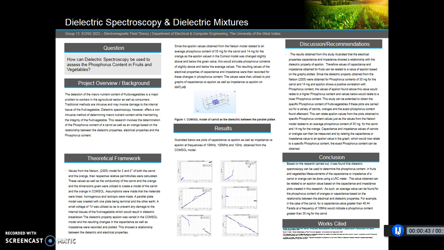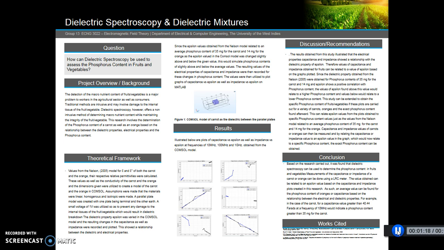As many forms of testing require some form of damage to the fruit or vegetable, dielectric spectroscopy can be used to test the fruit without damaging it. This helps to prevent breakdown in the tissues of the fruit or vegetable, but still determine the macronutrient content. For the theoretical framework, Nelson's research on dielectric spectroscopy of fresh fruits and vegetables provides the properties required